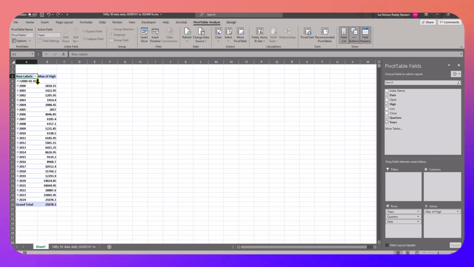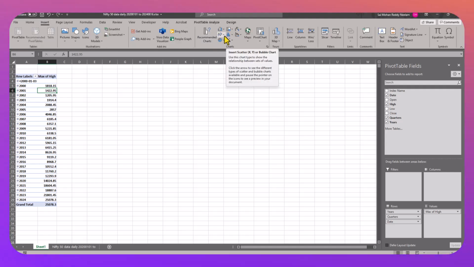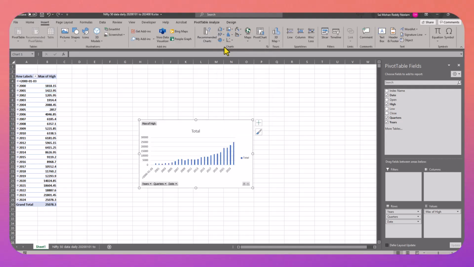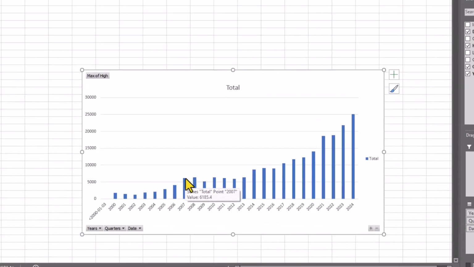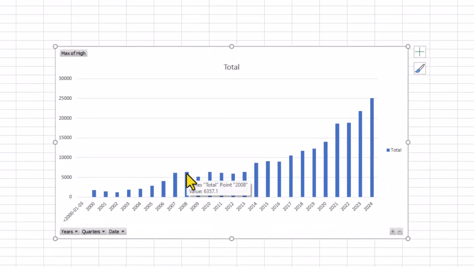So now I know what is the highest value in each year for the Nifty 50, and then I can plot this data as a bar chart. The high value in 2007 is 6185, in 2008 it is 6357, and in 2009 it did not cross the previous high, and then in 2010 it crossed the previous high, and approximately it took 5 years to cross the